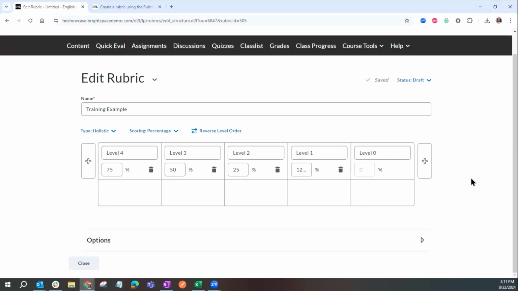So, I'm going to stop there. We'll get to talking about options here in just a second, but have you guys ever used a holistic rubric before? I think most commonly what people are used to are probably analytical rubrics, and we'll take a look at those here in just a second. But